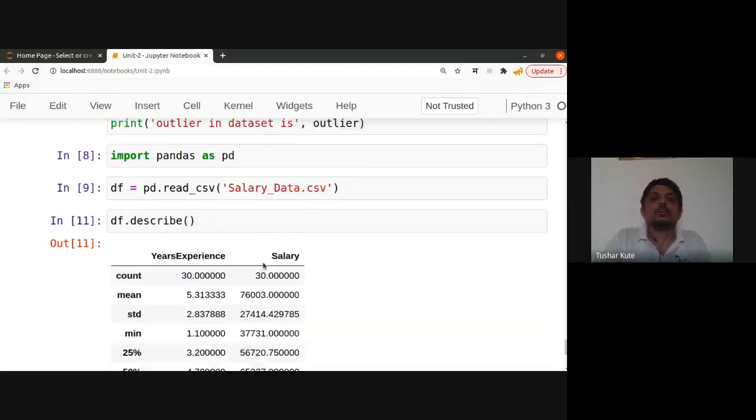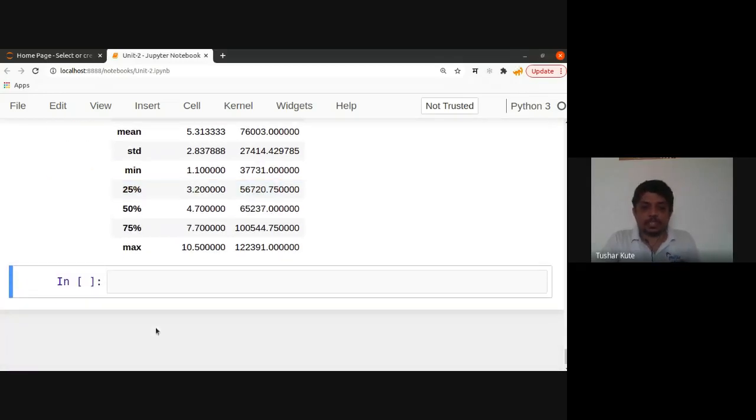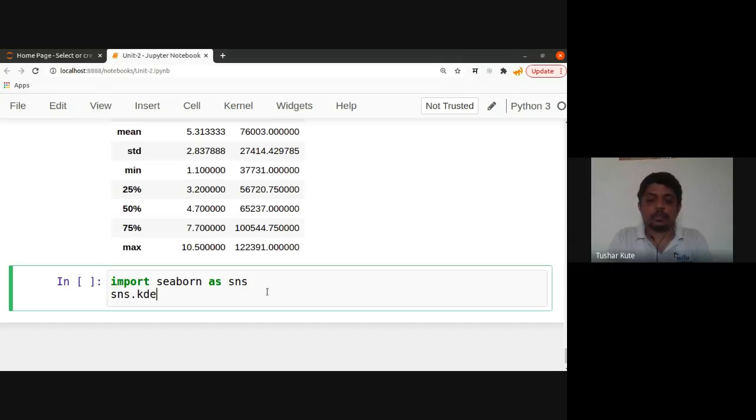See, so there is a statistical property that we can see. The distribution of the data can also be seen, and if you just plot them in the KDE plot, it shows whether the data is normally distributed or not. See this. When the data is normally distributed, then easily z-score can be used to normalize the data. That I will show you. See this one, for example. And here I will show the KDE plot. The kernel density estimation can be shown by this method.